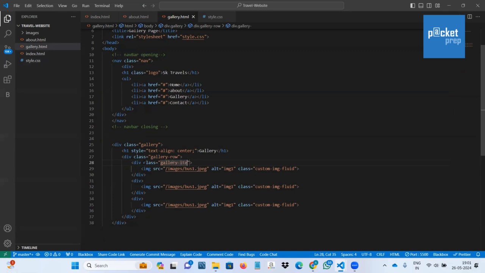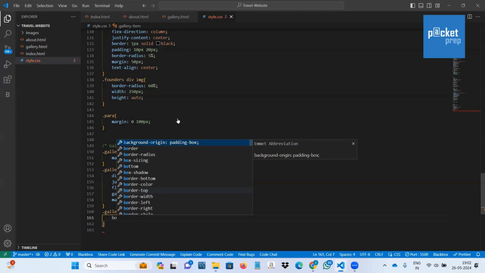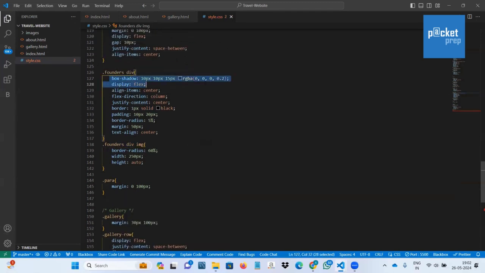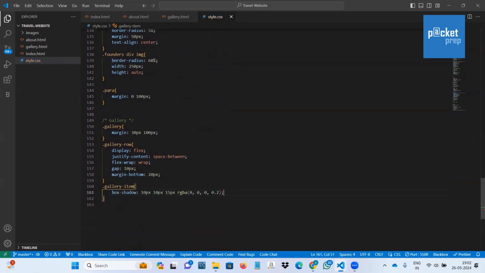Gallery-item. Okay, copy it and paste it over here. In this gallery item, I'm adding some stylings. Box shadow, I'm copying it from here. Box shadow. Then we have